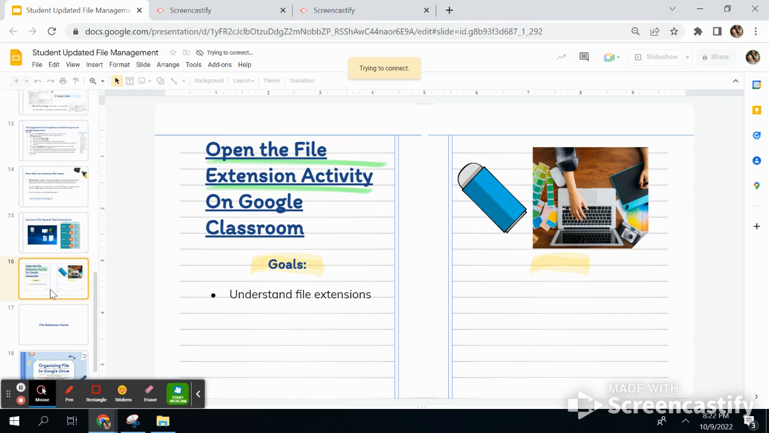I'm going to have you create some files. I'm going to have you create a folder for Survey of Business, and then practice downloading a zipped folder and extracting the contents, and then do the file extension activity on Google Classroom. So hopefully this has been helpful for you to understand file management, and now we're going to get to some